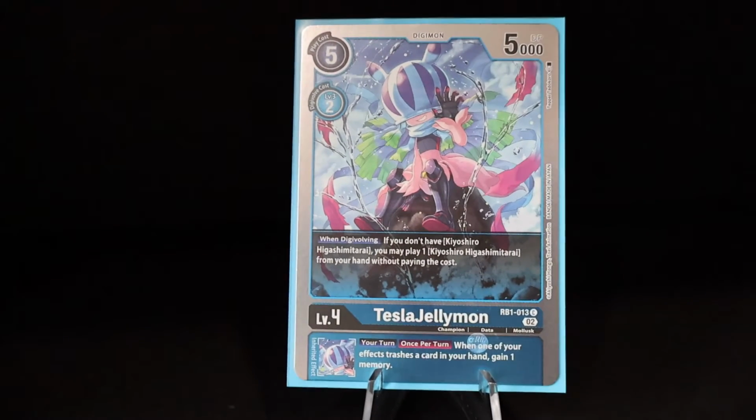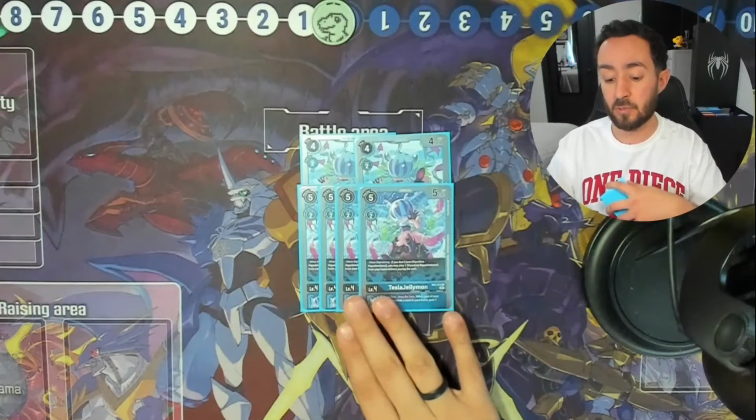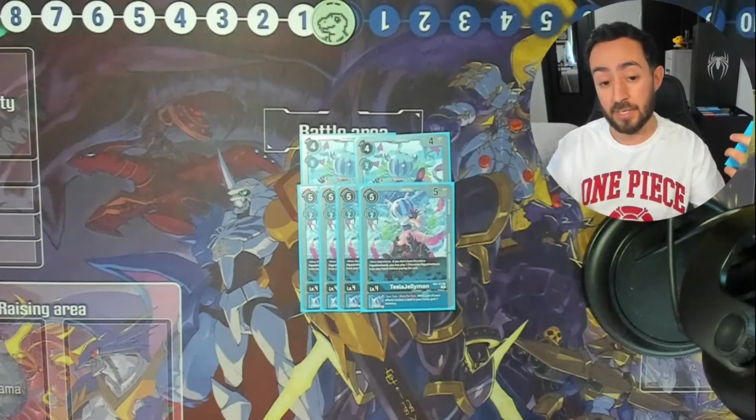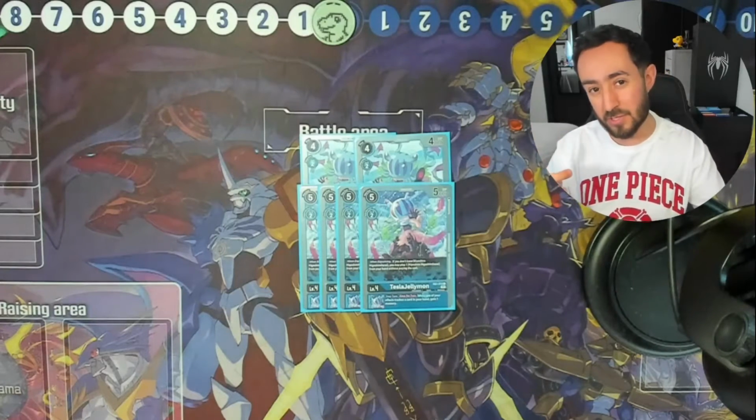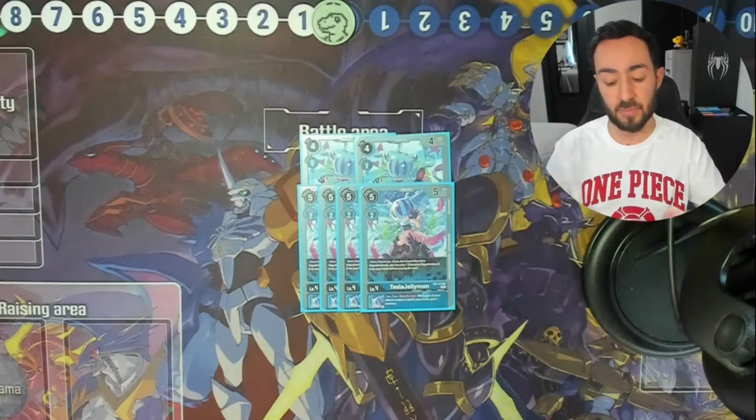Your turn, once per turn, when one of your effects trashes a card in your hand, gain 1 memory. That is the Inherit for the Tesla, which is nice because the Amphimon, the RB1 one, is 4 cost, the LM one is 3 cost, so it's just helpful to reduce the memory to play it. And I am going